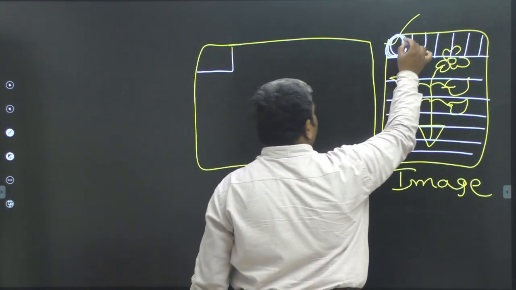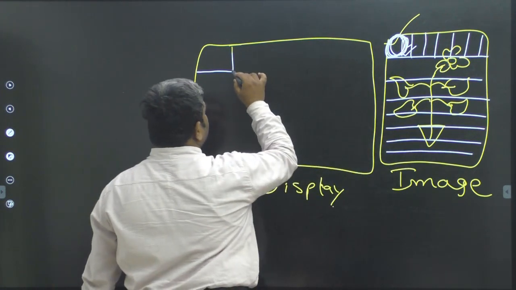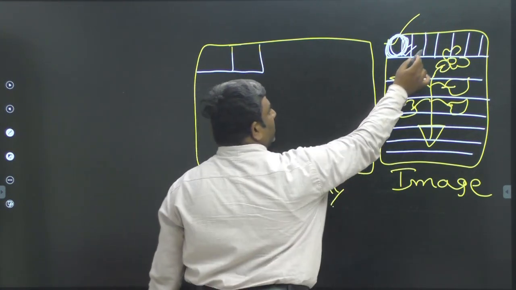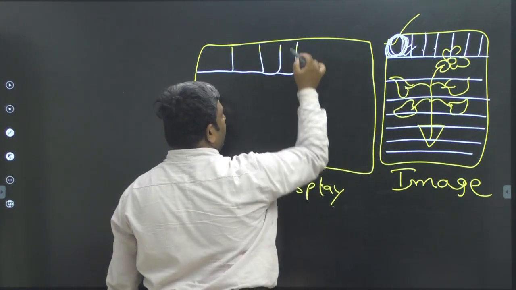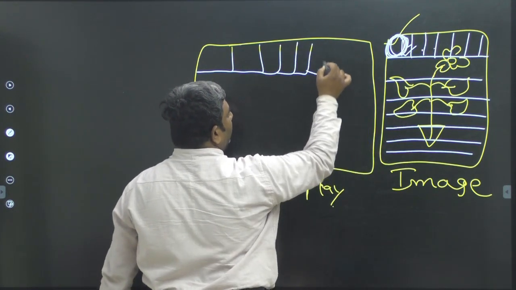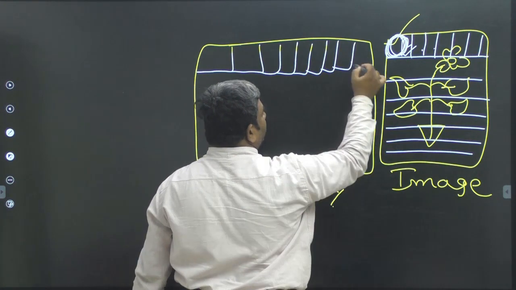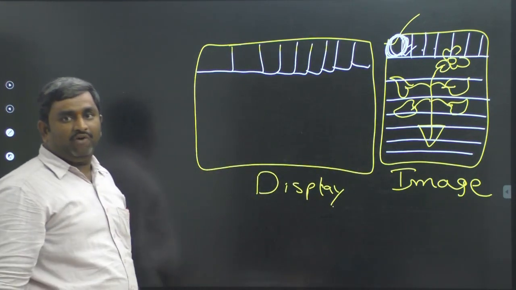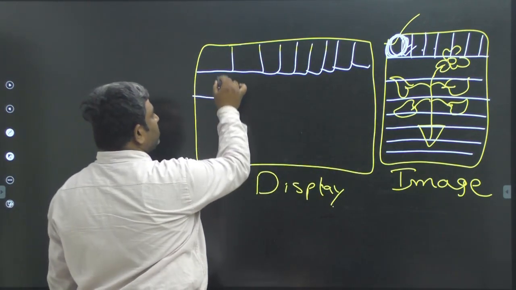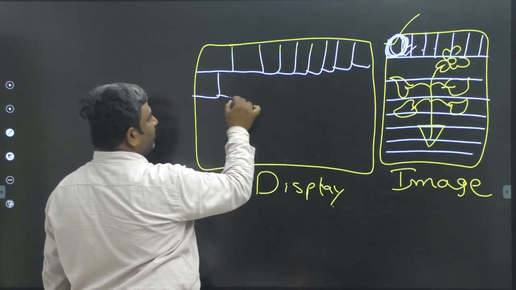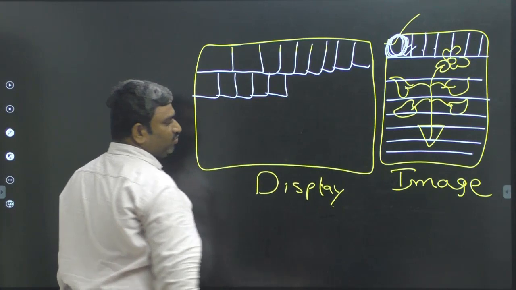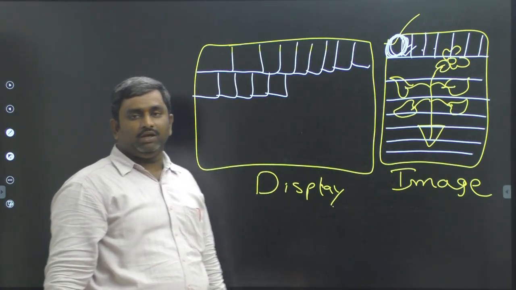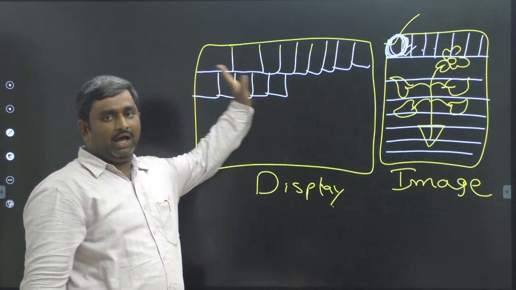Next, it will come to the second part. Then it will display the second part. Next, coming to the third part, it will display here. Now it is coming to the fourth part. In this way, each part will be displayed in the first row. After completion of the first row, it will display the second row, first part, second row, second part, second row, third part, second row, fourth part, second row, fifth part. Is it clear? So it will display in the horizontal direction.